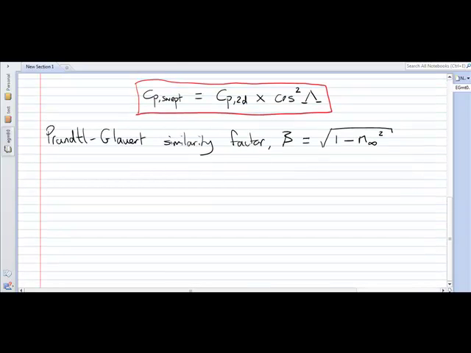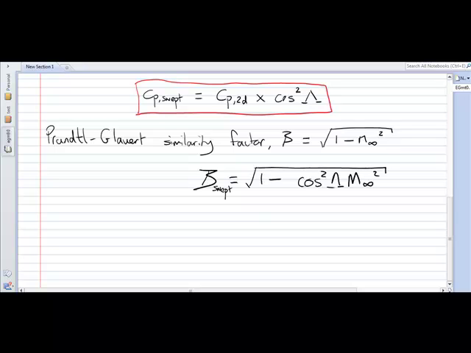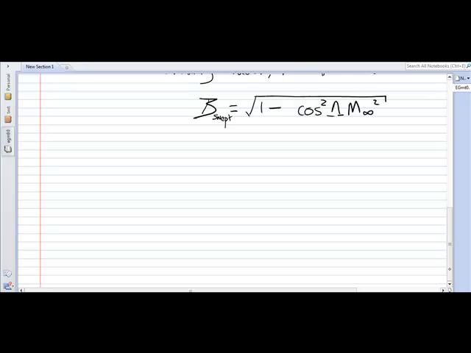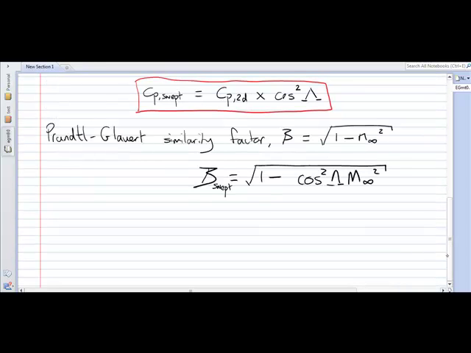Now the implication of having a swept wing is simply that for a swept wing, we have to adapt M infinity and make it M infinity cos lambda. So beta, which we should call beta for a swept wing, is the square root of 1 minus cos squared lambda M infinity squared, and we can just sub those two things into the Prandtl-Glauert rule that we had back in section 3.4.2,